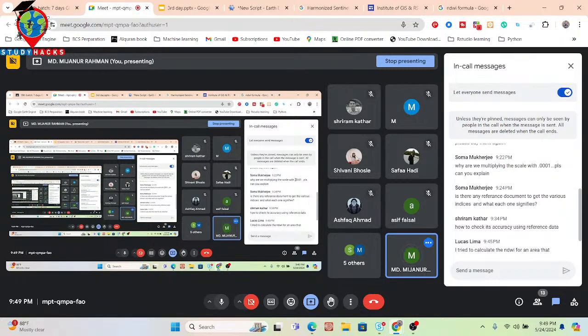Basically, this type of scale value we need to use for reprojection. We have to multiply the scaling. We already multiplied the MODIS NDWI data. When I talk about the MODIS scale 0.001, we also need to multiply. The same thing applies to this band. When you multiply with that, it provides the proper range of that pixel. When I multiply by 0.001, we find the proper range.